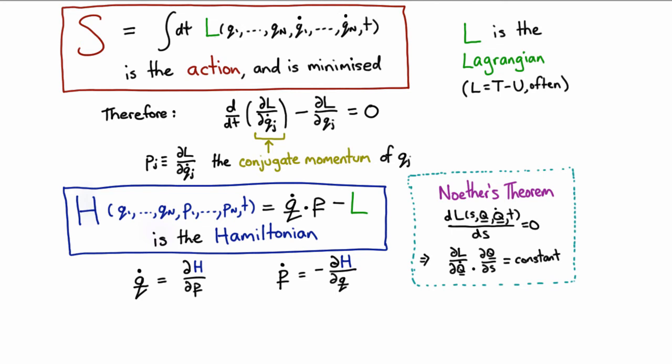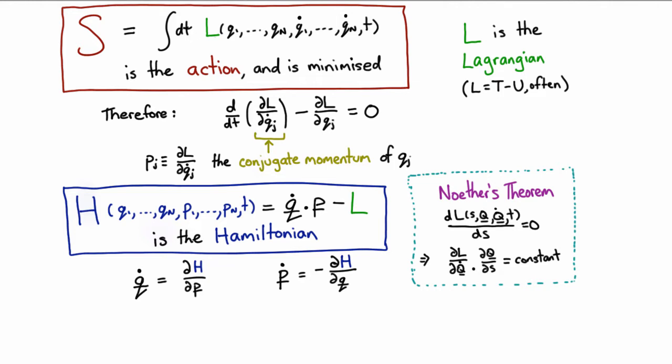We've covered most of the fundamental principles that I wanted to get to in classical mechanics. We covered the idea of the Lagrangian and the idea of the action, which is the integral of the Lagrangian, and the fact that the action is minimized. And the action is going to come back when we talk about quantum mechanics. It's going to come back when we talk about special relativity. And it's also going to come back when we start talking about times when we have relativistic quantum mechanics and